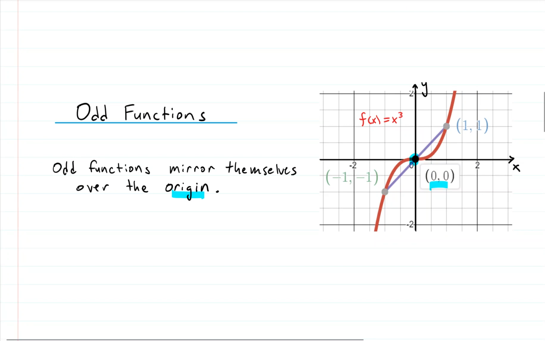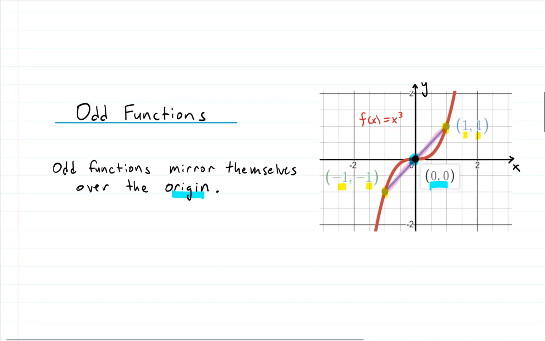What happens is, and I think this is one of my favorite parts of symmetry, if you have a point on a function in, say, quadrant 1, and that point is the point 1, 1, then the negative of that point, so if you take each of the elements and take the opposite of the sign, which would give you negative 1, negative 1, that point will also be on the curve, and you can join those two points with a line that will pass through the